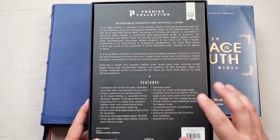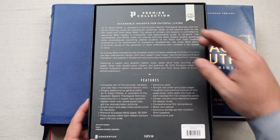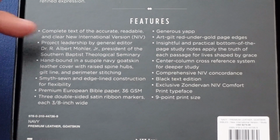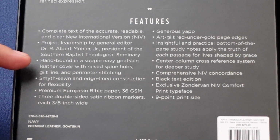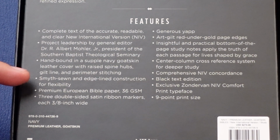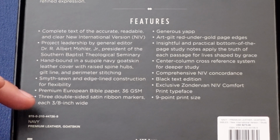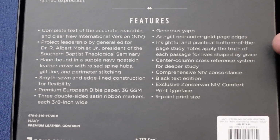As we flip it over, we can see kind of the insights for faithful living. It talks about Dr. Albert Mohler. And at the bottom, we have the features. Really quickly, it just shows the complete text of the NIV. This is an Albert Mohler study Bible, essentially a hand-bound in navy goatskin, Smyth sewn. It has a premium European Bible paper, and it has the 3 double-sided satin ribbons. It does have a generous yapp, red art gilding, and it does have study notes at the bottom, and I'll